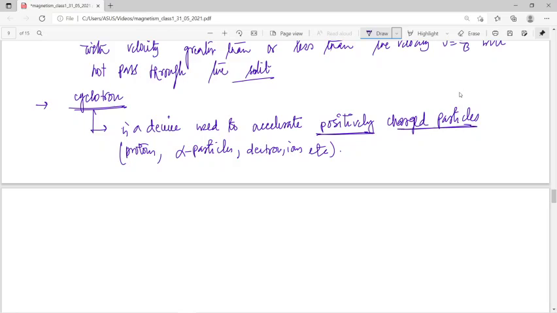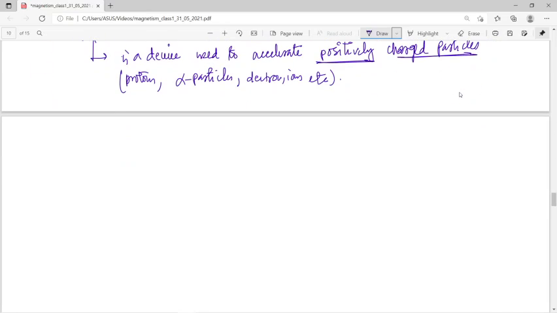But accelerator is important. This cyclotron particle accelerator is used to accelerate only positively charged particles. That means either protons or alpha particles or neutrons or ions. That is the thing. And what should be the principle? That means on what principle the cyclotron actually acts, because in your board examinations, you have to explain that. It works on the principle that when a positively charged particle